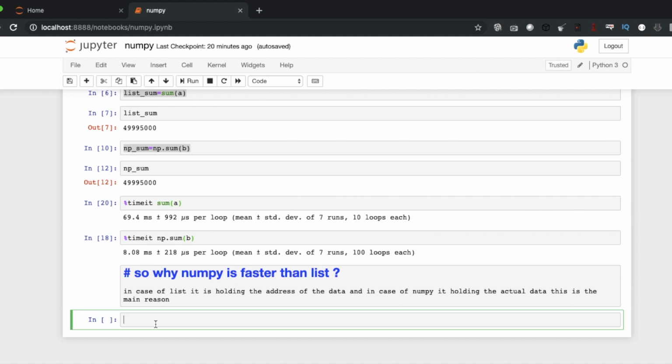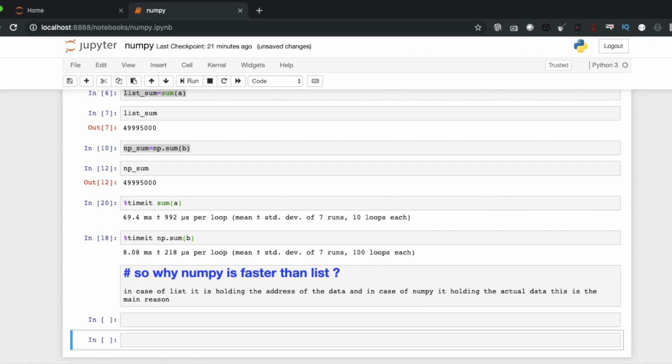Not sure why this is not working. Okay, now this is working.